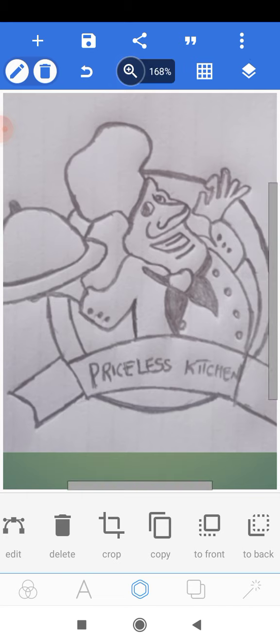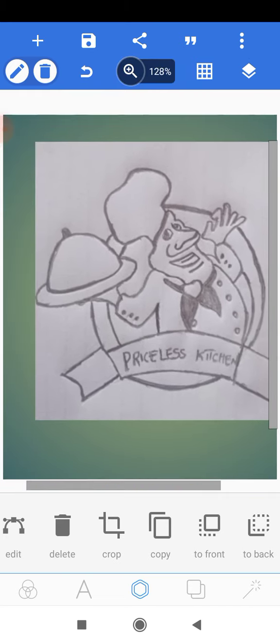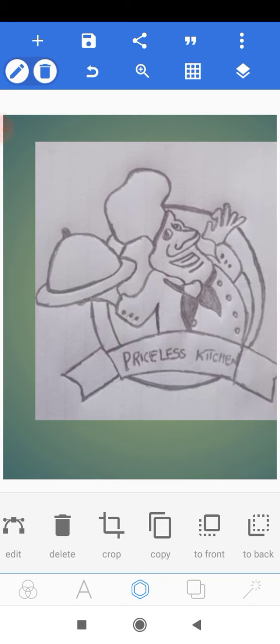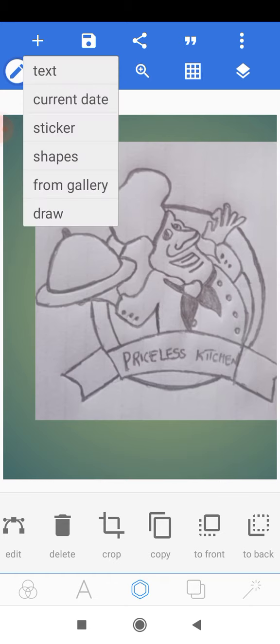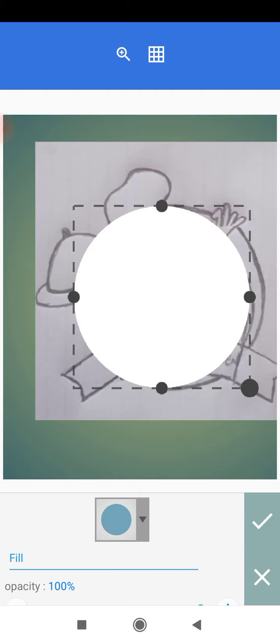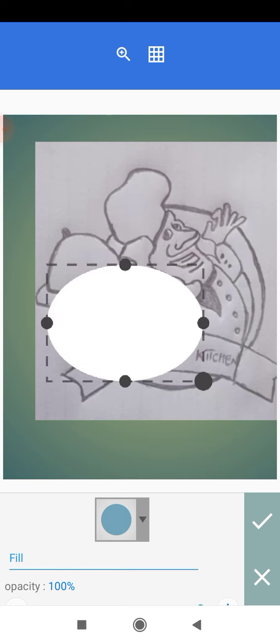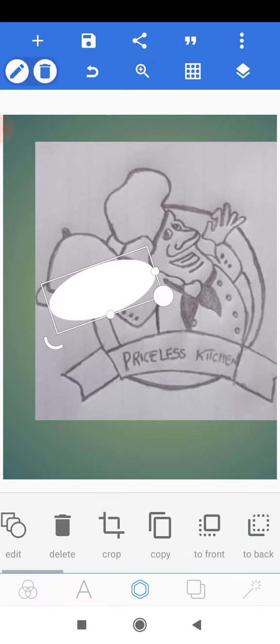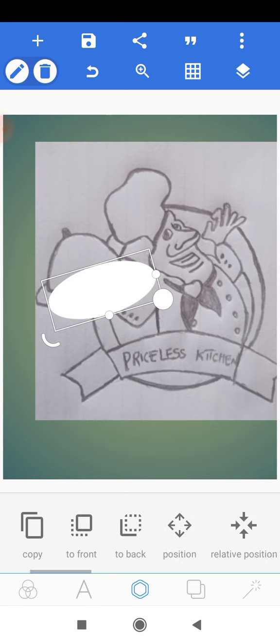And then the next thing we want to do is to trace the plate. So for this plate, we're going to go to the plus icon and we'll add a shape. So we'll change this to a circle, and then we'll scale it and we'll draw it that way. We'll scale it again, and then we'll check and we'll try to rotate it. So we'll just edit,